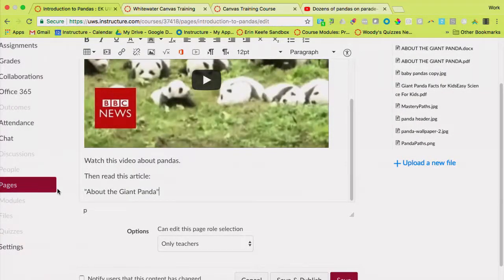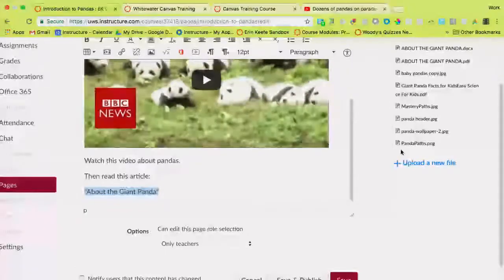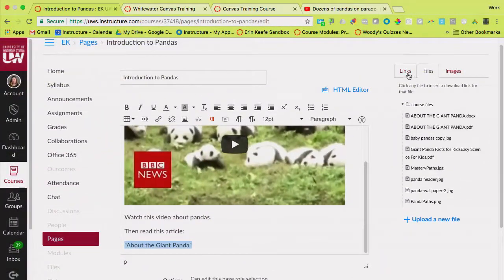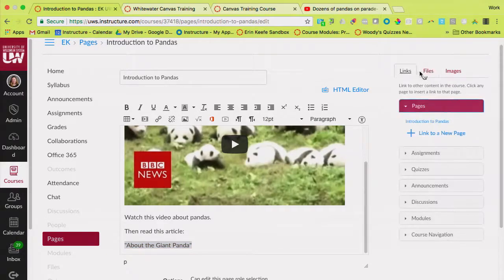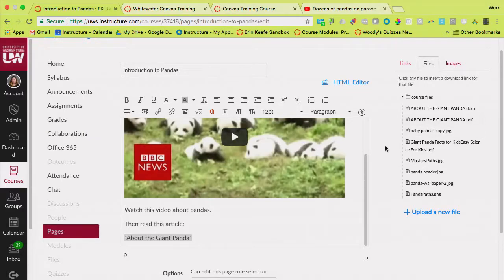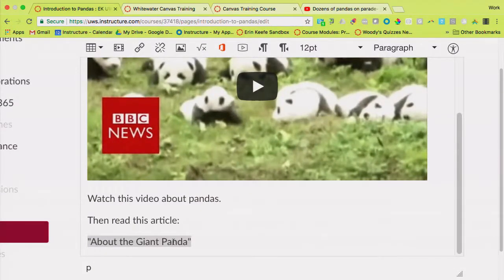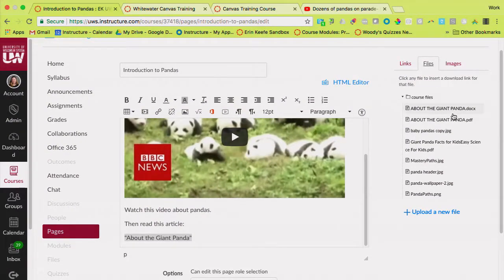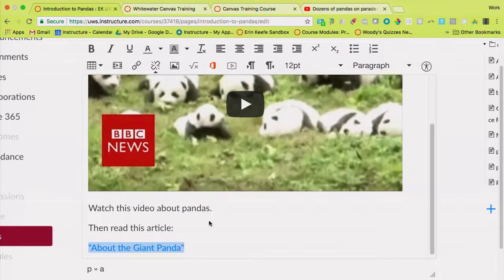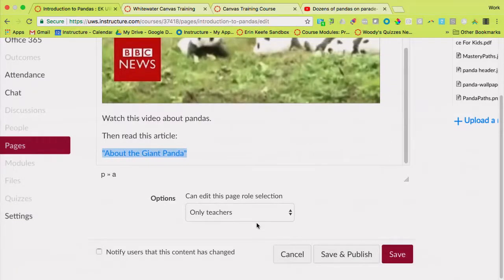So I'm going to type the name of the article, and then I'm just going to highlight it right here. And I'm looking in my file space. So I'm using my content selector that's over here on the right-hand side. The files is my third tab over. And I have my words that I want to connect with the name of my file. And then I'm just going to go ahead and click that. And it turns it yellow for a second to let me know that those two things have been linked.